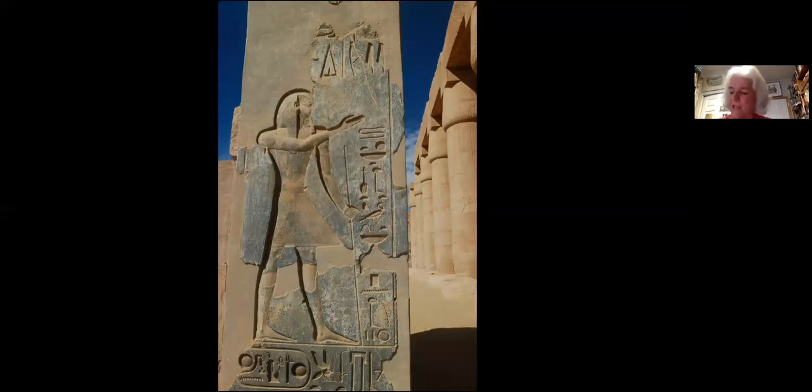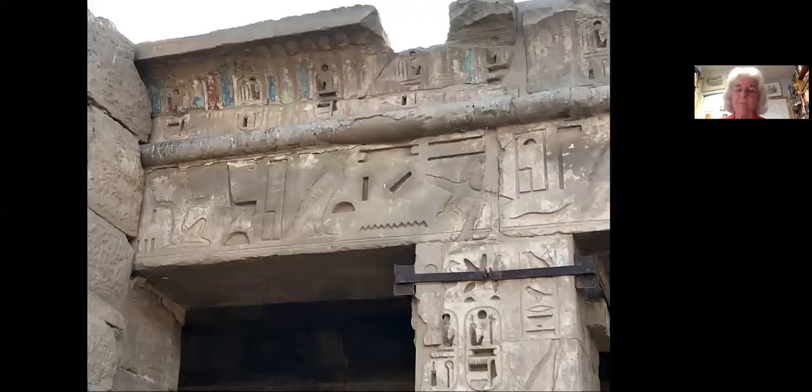For example, the names of all the Theban monuments had something in common on East and West. They're called mansions of millions of years. And then they had a specific name. So it'd be mansion of millions of years of Thutmose III, and so on, and the name, in the domain of Amun. So for example, the West Bank, here of the small temple of Amun at Medinet Habu, the